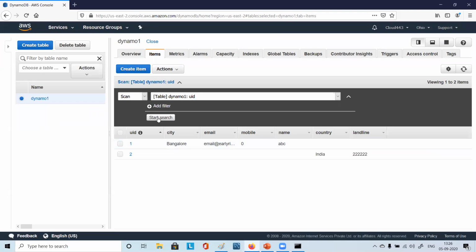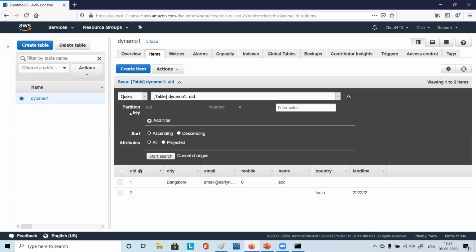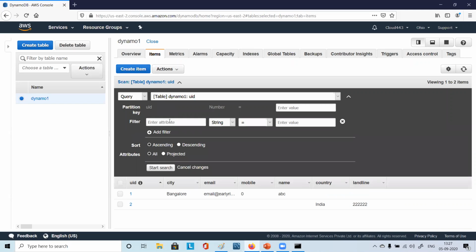Want to search something, right? So it's showing this. That's how you will search. How can you query? We were doing select asterisk from table name like that. So here, if you want to do that search, you have the query option here. Just click on this scan, change it to query. Okay, right. So you can simply say what do you want to search? You can add a filter here, on which attribute you want to search.